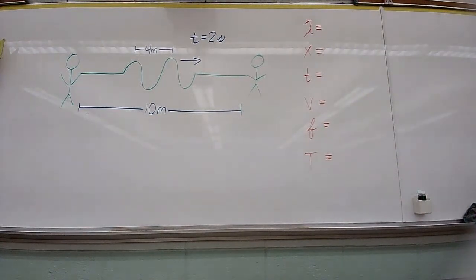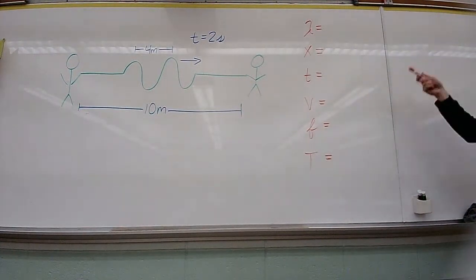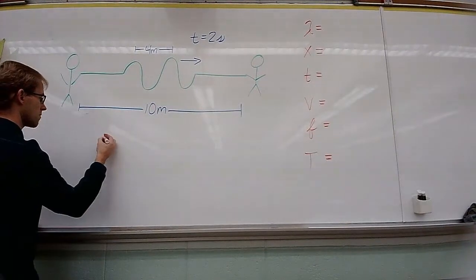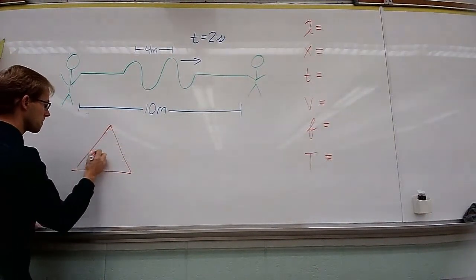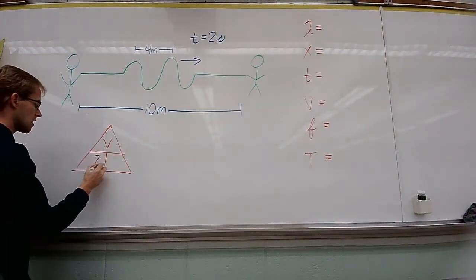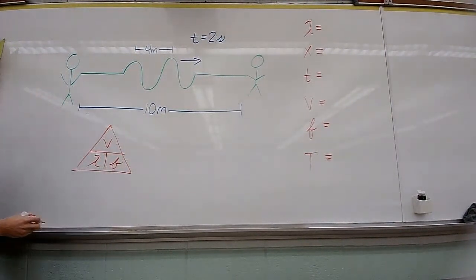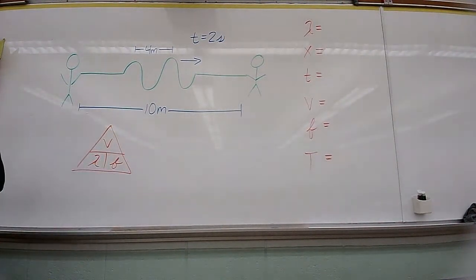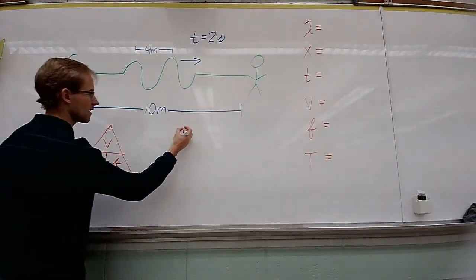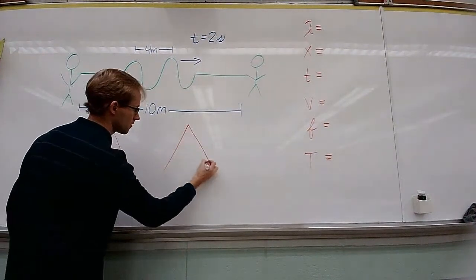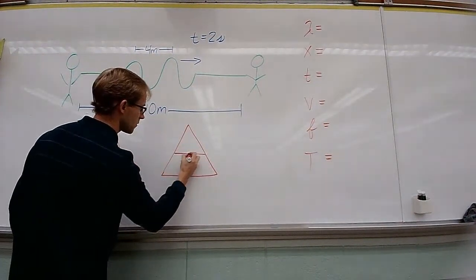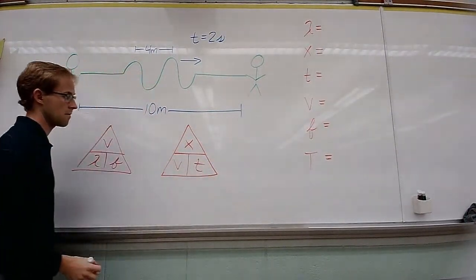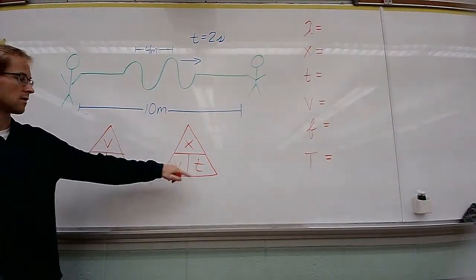Now the 2 equations that we're going to be using to figure all this stuff out, one of them is going to be the one that we just had up there, where we've got wave speed on top, and wavelength and frequency on the bottom. And the other one, which is also on your formula sheet, is a pretty common distance equation. Distance is equal to velocity times time, or velocity is equal to distance divided by time.